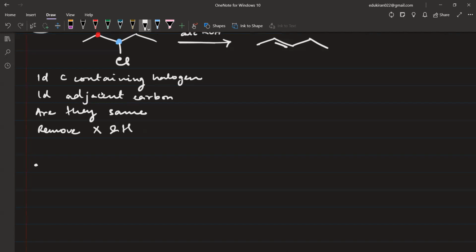Next question is, this is important. If you have something like this, and you have a Br atom here, Br atom को हटाएंगे, तो ऐसे होगा Br atom को हटाने के बाद।